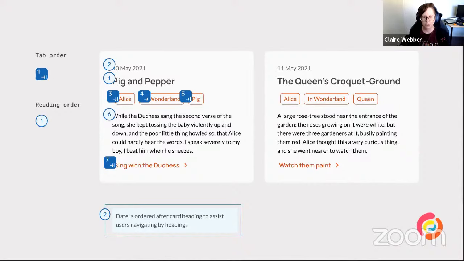And then 7, again, we have another interactive tab stop for the call to action link. This way, we're really communicating our intent behind the design and what we expect the interaction patterns to be like. So here we've added a note for number 2, just to really communicate our intent behind this decision. We have that the date is specifically ordered after the card heading to assist users navigating via headings.